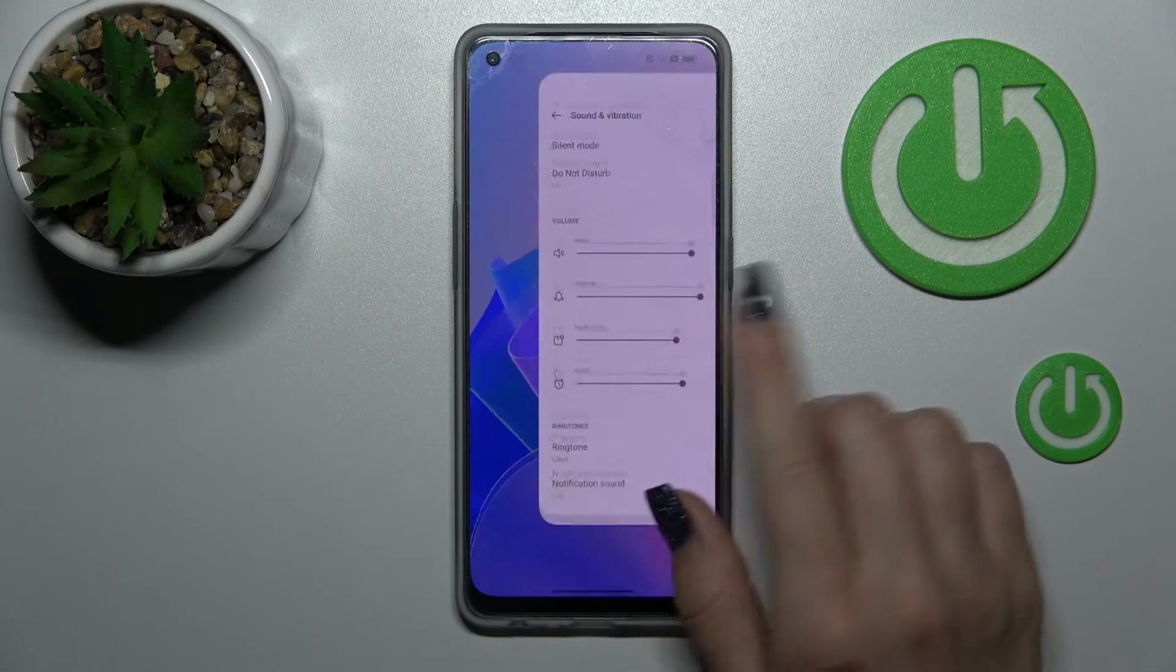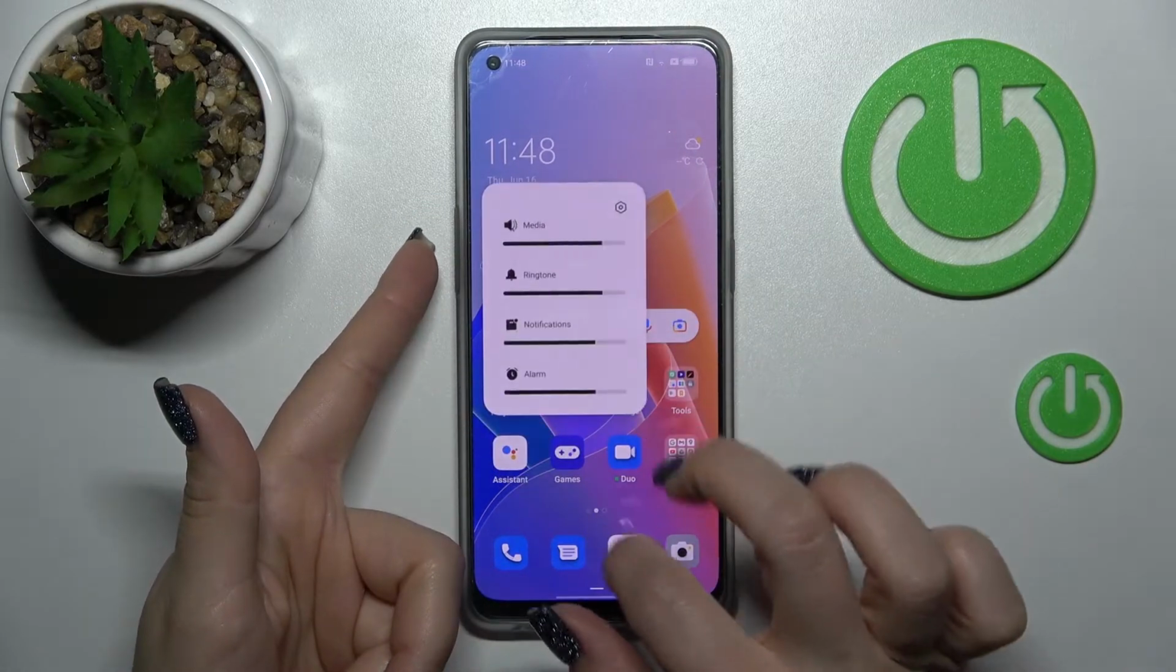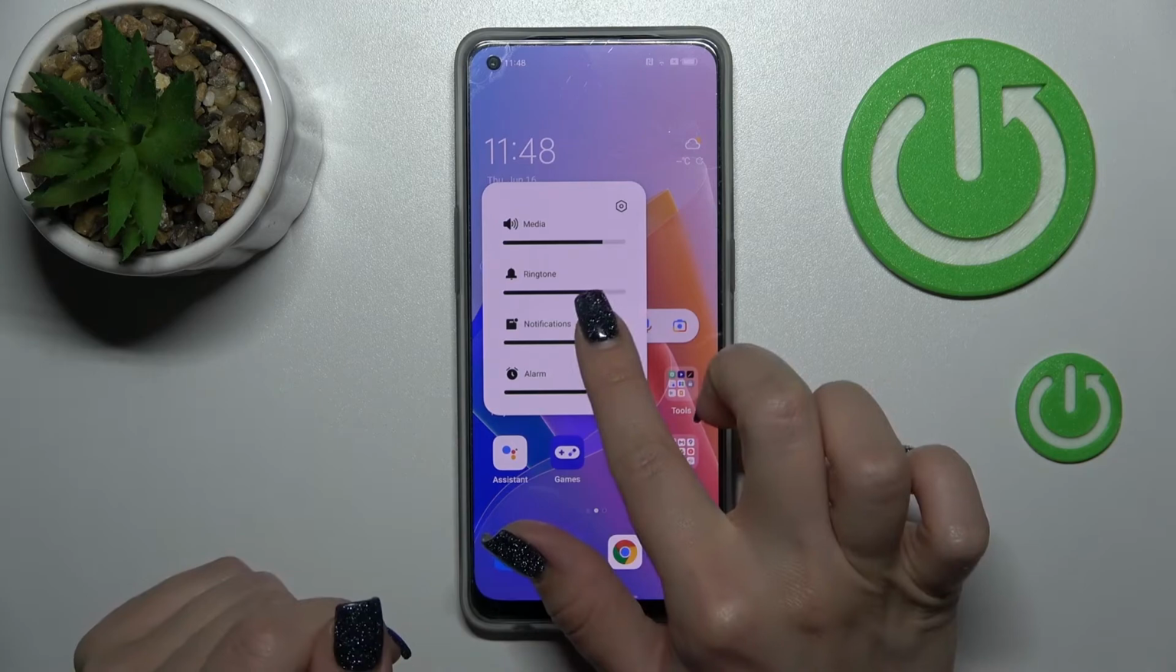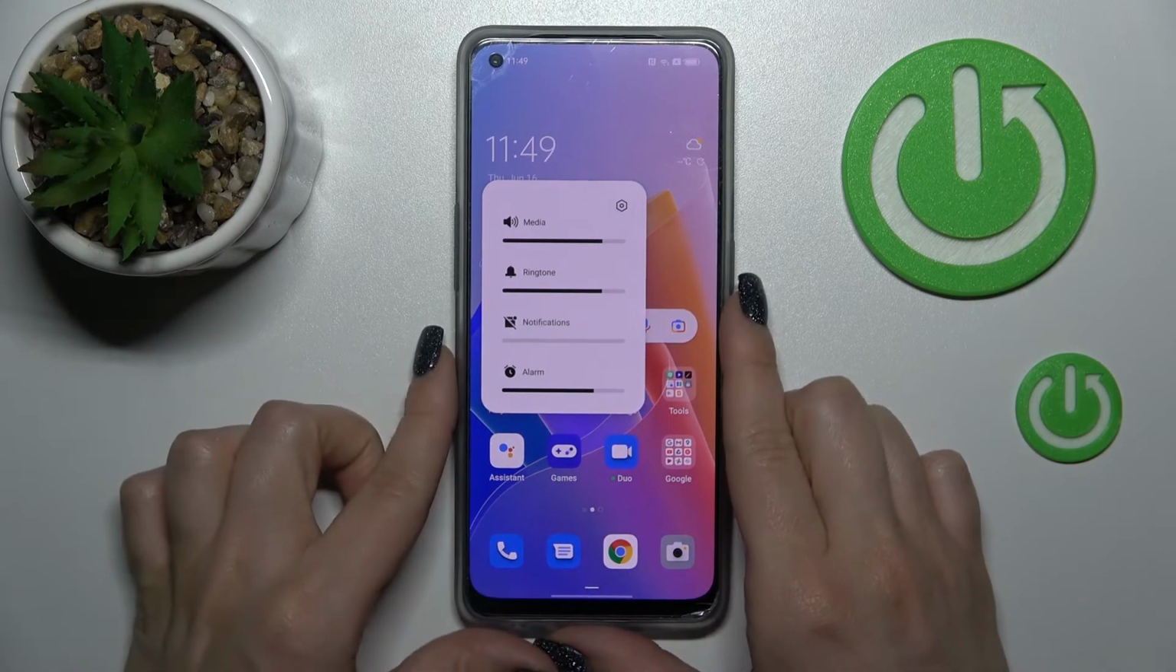Also, we can do it by the second way. Just press up or down volume button, then click here to the three dots. You'll see the same notification volume panel, and by the same way slide to the left side this volume panel,